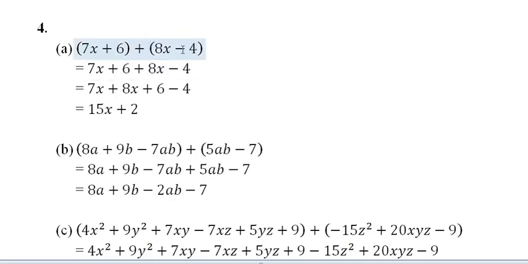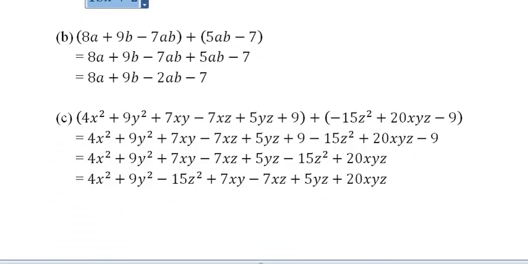plus into minus, it will be how much? Minus 4. Okay, so now arrange the like terms together. So 7x plus 8x, bring them closer, and the constants plus 6 and minus 4 out here. So 7 plus 8, it will be how much? 15. So write 15x. And 6 minus 4 will be 2, so write plus 2. So 15x plus 2 is the ultimate answer.